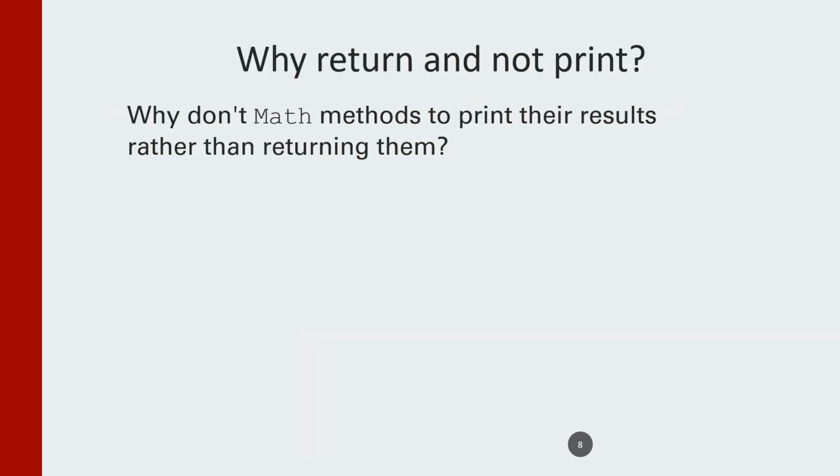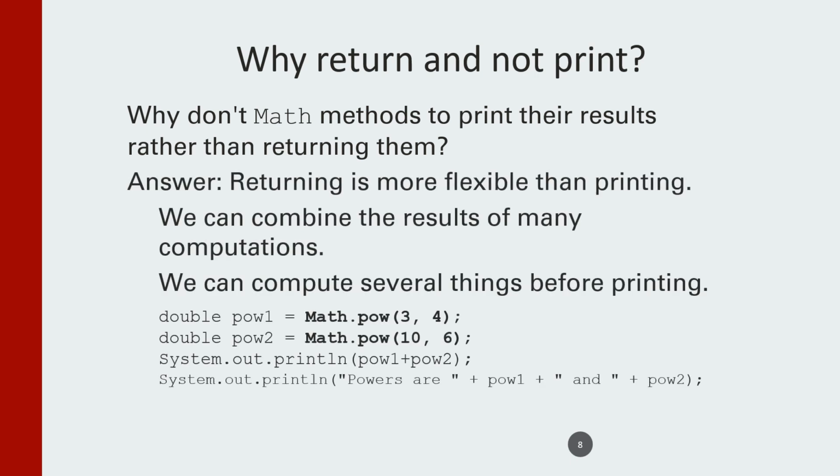You might wonder, why don't math methods print their results rather than return them? The answer is basically returning is more flexible than printing, and it allows you to combine the results of many computations. I already talked about how you can combine the output of math methods with another arithmetic expression, or even combine math